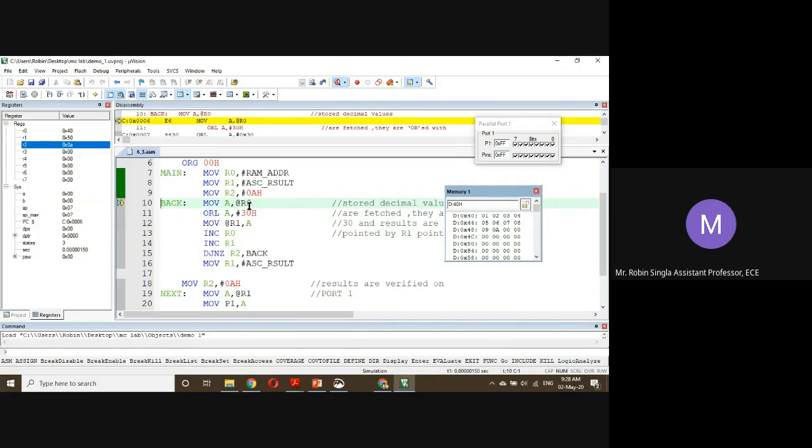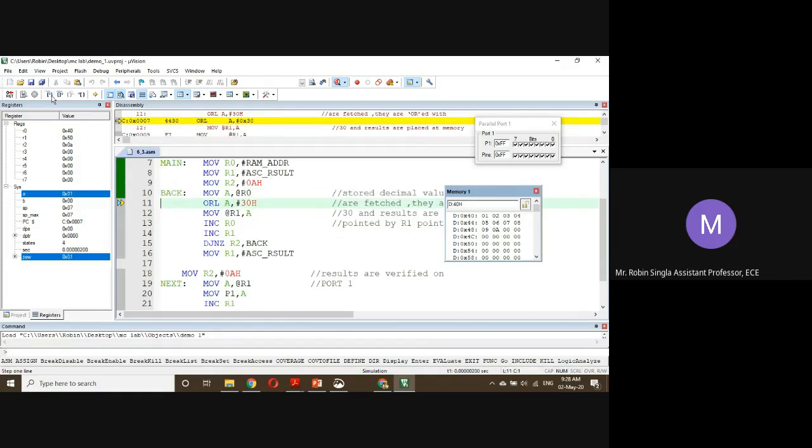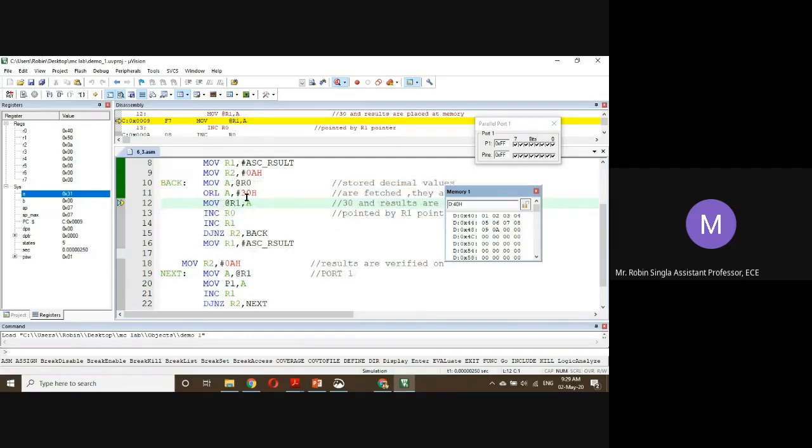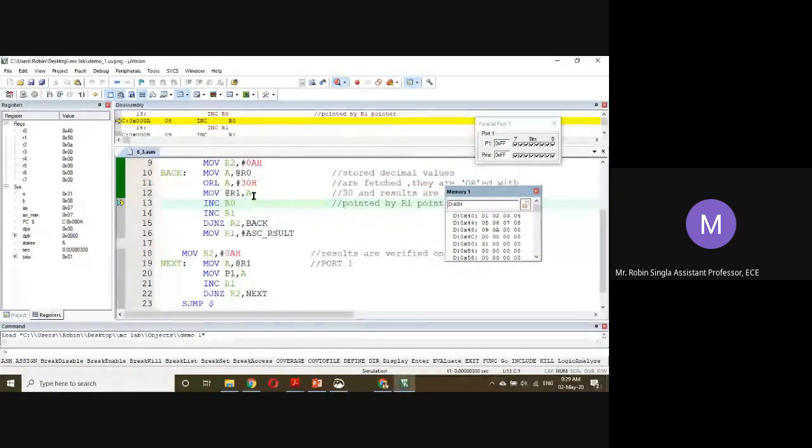Now move A, at the rate R0. So A is loaded with 1, our first number. Load OR with 30, and A has become 31. A moves to at the rate R1, at location 50 here.